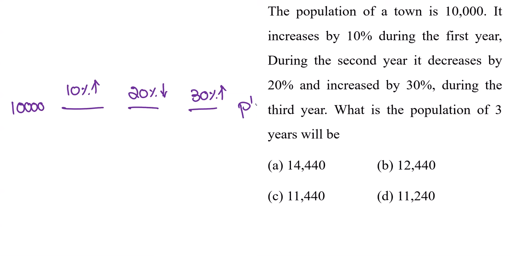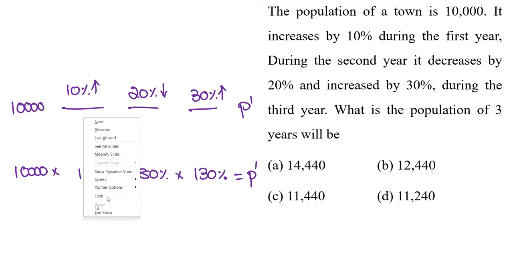Sometimes the population after 3 years will be given, and they may ask what the initial population is. These types of questions you can attack directly: 10,000 into 110% because of the 10% increase. Then for the 20% decrease, we have to write 80%. Then for the 30% increase, we have to write 130%. This should be equal to P dash, right? So simplifying all this, we can identify